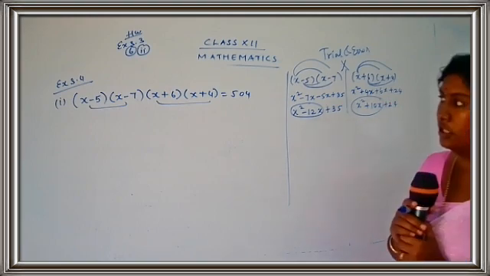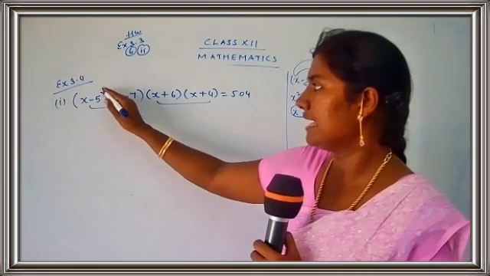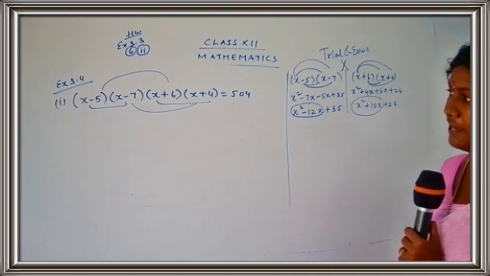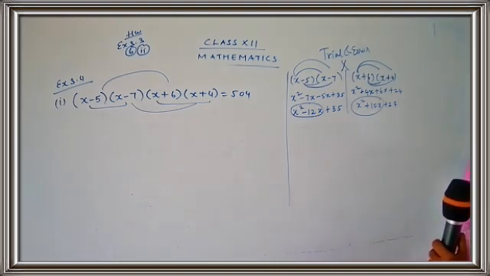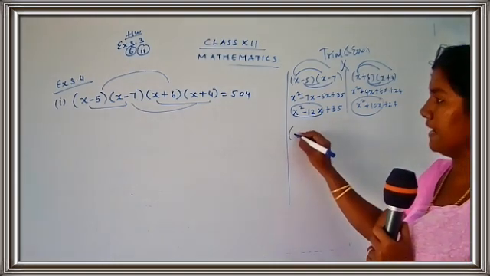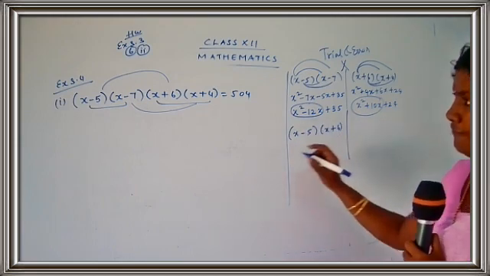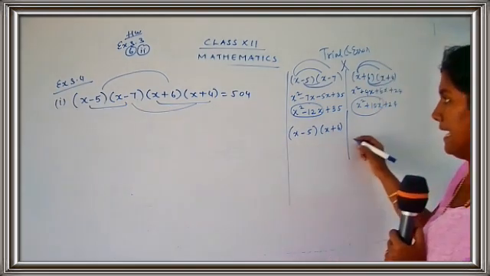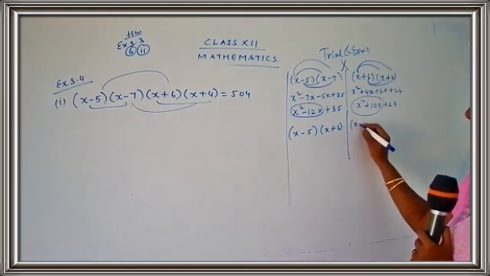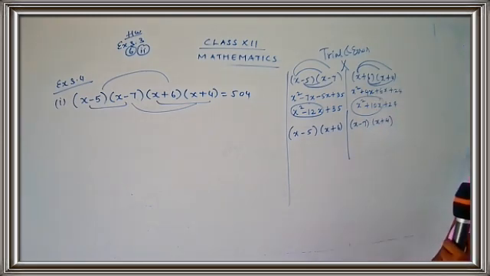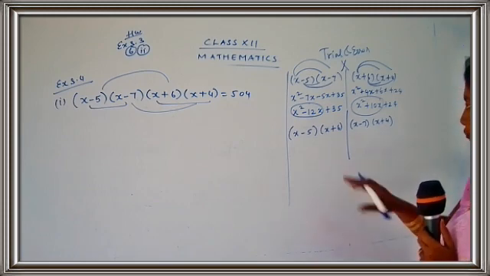Okay, let me check for the first and the third, and the second and the fourth. That is x minus 5 and x plus 6, and let me check for second and fourth, x minus 7 and x plus 4. You have to show all this working, children. It's not just my work, you also have to do the work. Okay, let's check for the first and the third and the second and the fourth. Come on, try to do.